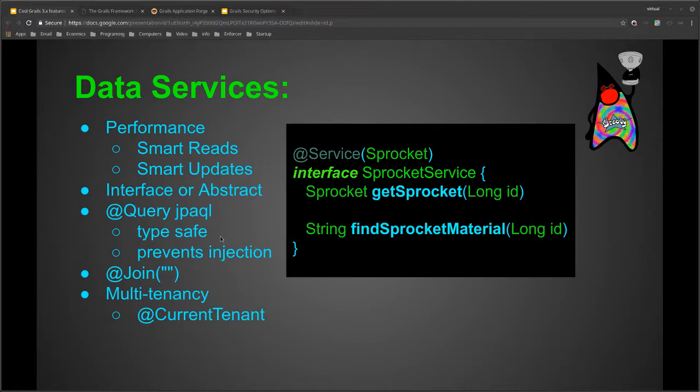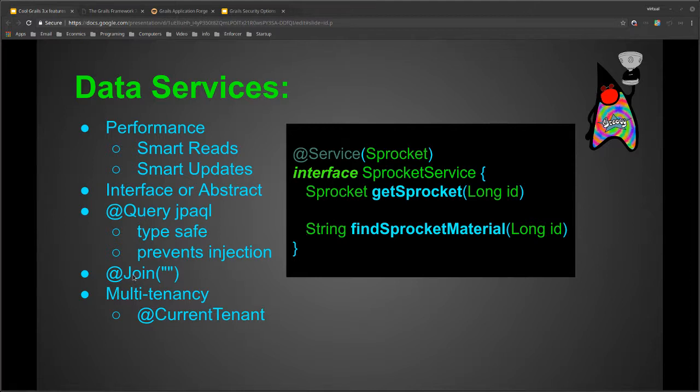Another thing that it added was JPAQL, which looks very similar to the HQL annotation. So you could do an @Query and write basically the query that you would want for your particular method, and it would create the right code to actually run that for you.